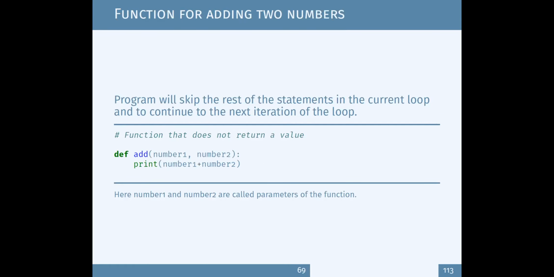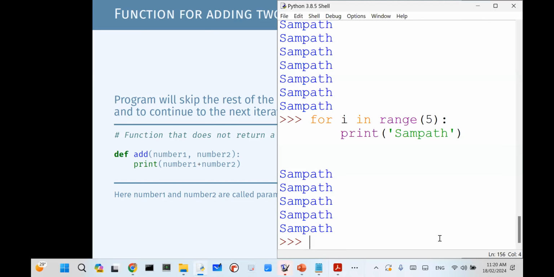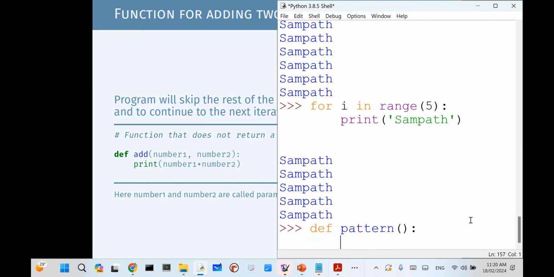For example, creating your own functions is fun. Let's say we want to print something. We can say def pattern. I'm going to repeat something: for i in range 5.